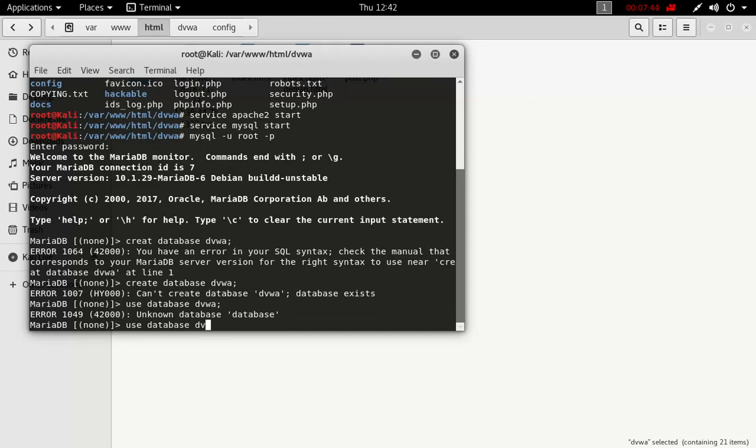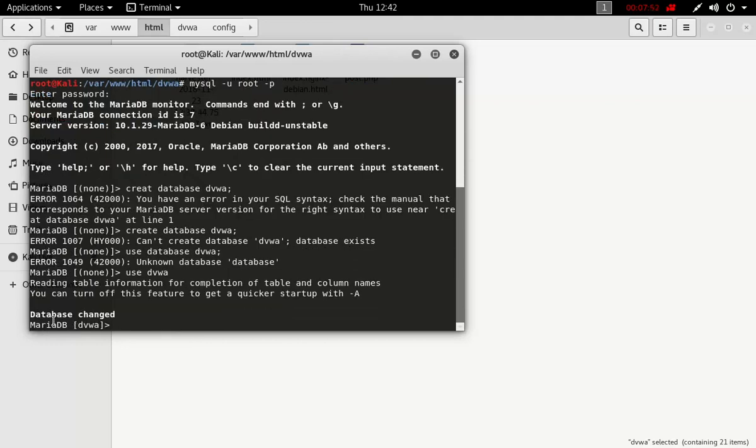The command is use dvwa, not database dvwa. The database name over here is changed to dvwa. Over here it was showing none, but now it is showing dvwa. So that means the database dvwa is selected. The next thing you do is